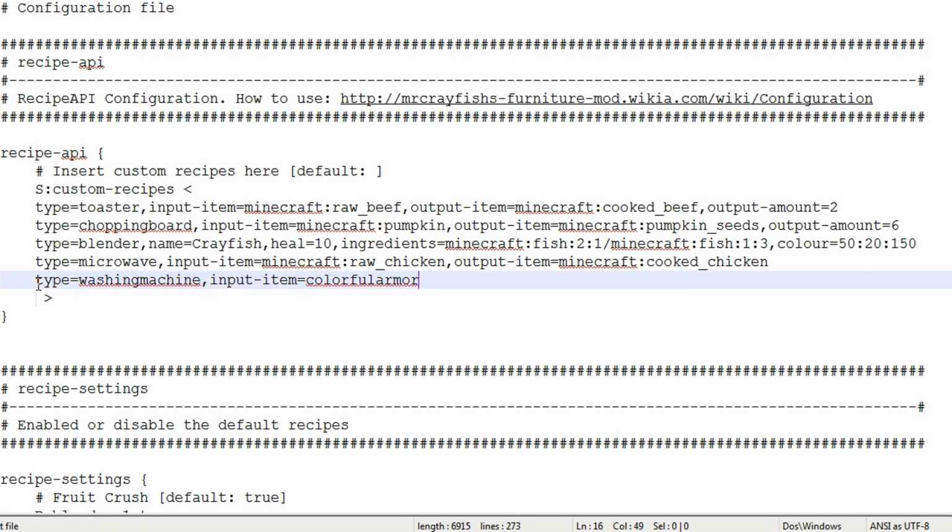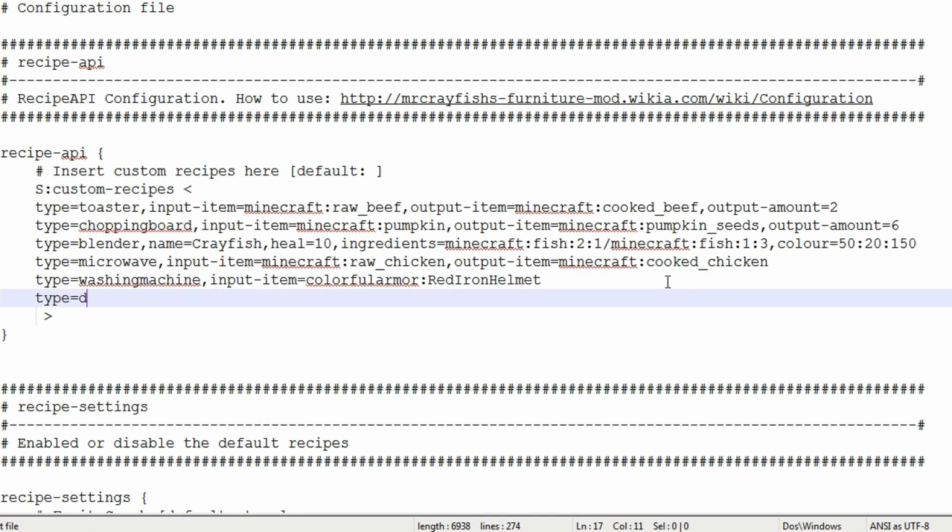Now it's spelled American, so I've left out the U for the colorful there, and also the armor, semicolon, and then we're gonna do red iron helmet. So that's a red iron helmet, and that's all we've got to do to register a washing machine recipe. It only requires an input item, and then the last one is a type equals dishwasher,